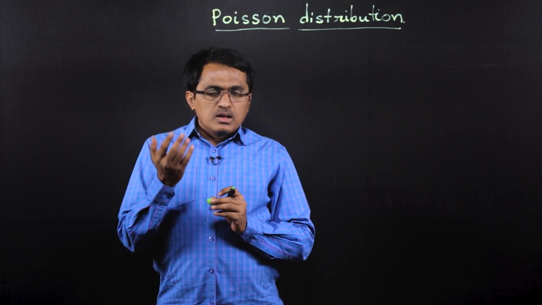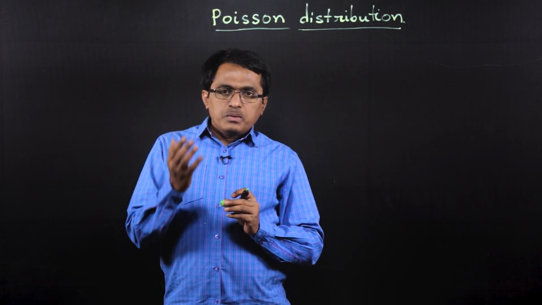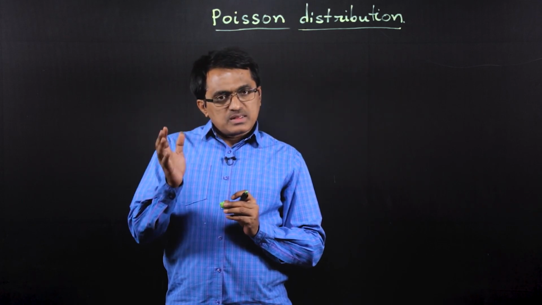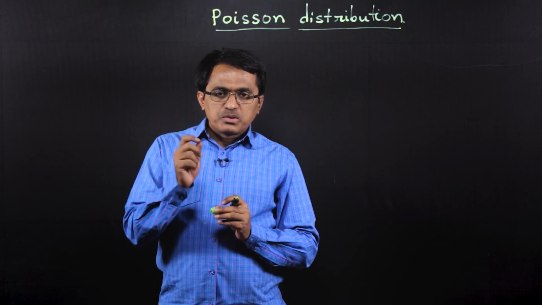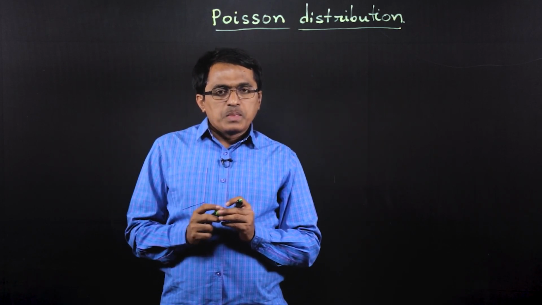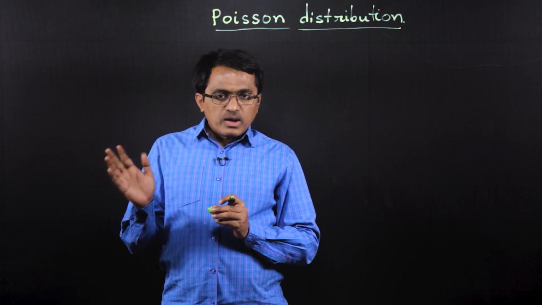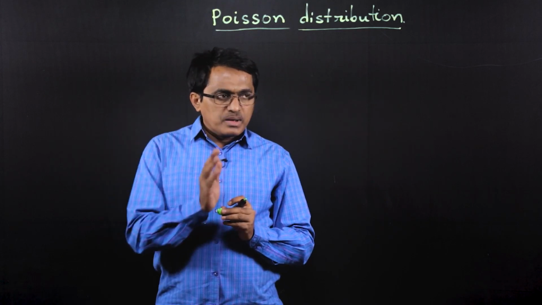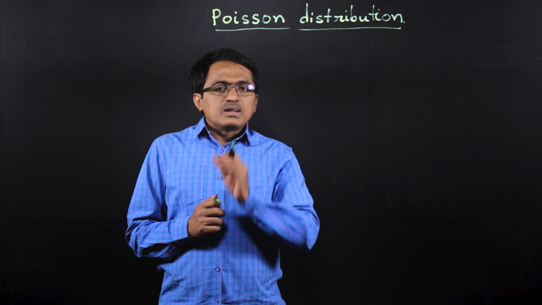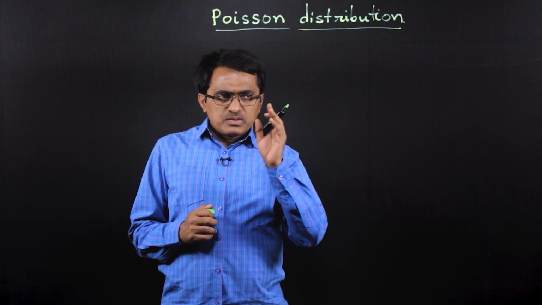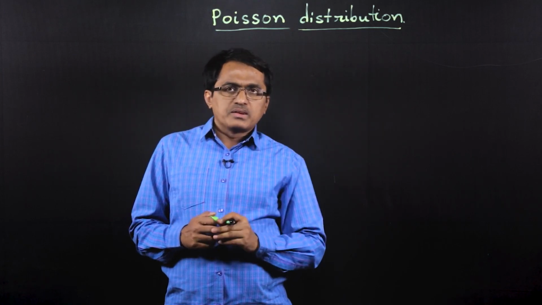If we want to apply binomial distribution to model the scenario, we need to know the number of cars arriving, that is, we need to know the value of n. But in this case, we are not aware of the number of cars coming in, therefore we can't apply binomial distribution. Then what is the alternate distribution which we can use to model the given scenario?